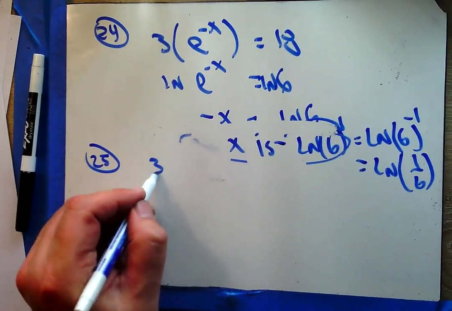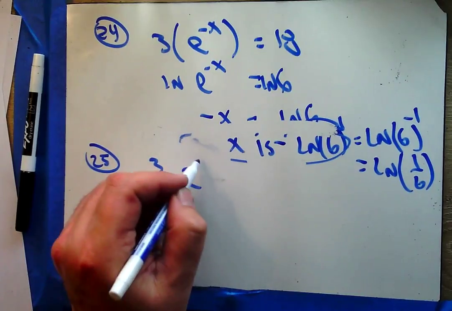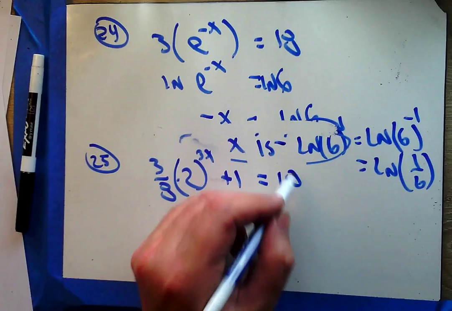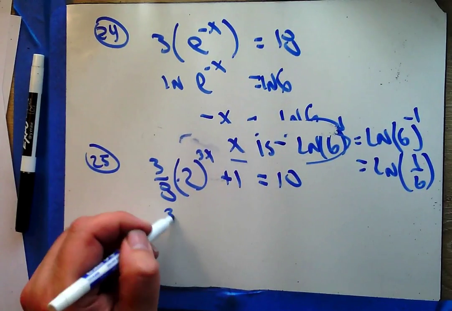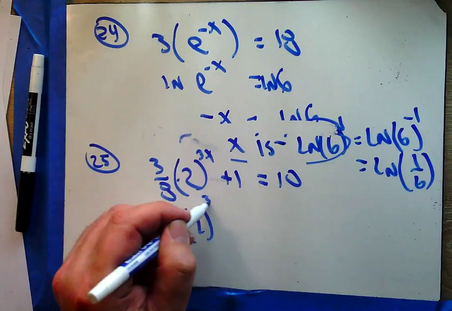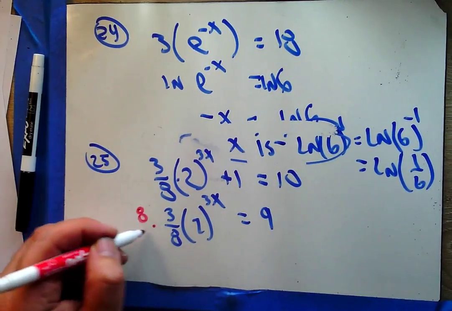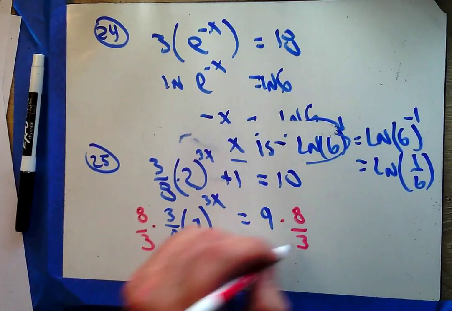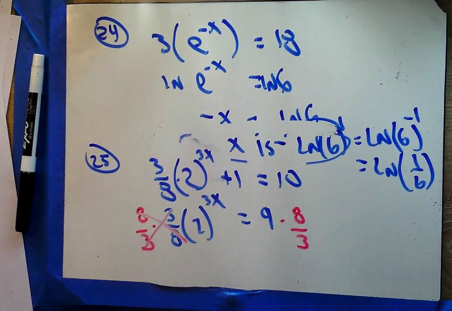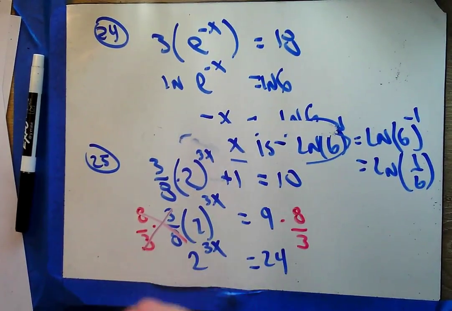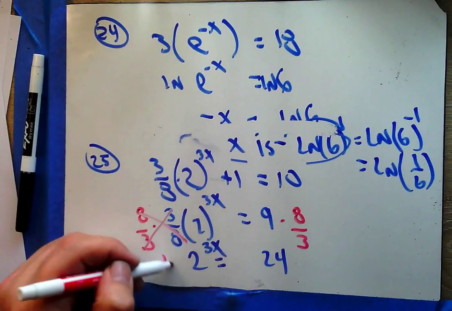So there's 24. How about 25? 25 says 3/8 times 2 to the 3x plus 1 equals 10. So let's subtract 1. Let's multiply both sides by the reciprocal. So we've got then 2 to the 3x equals 24. And now I'm going to take the ln of both sides. Again, you're welcome to do the log base 2 of both sides